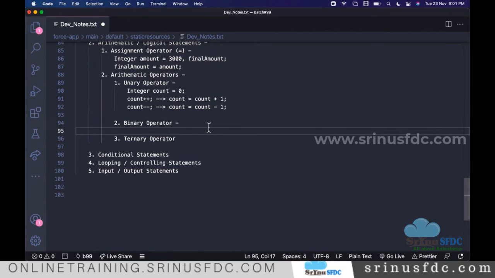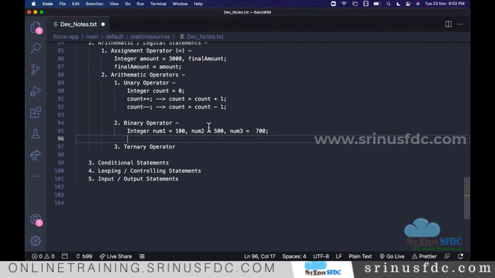The next one is binary operator. Binary operator means, let's say here we have integer number 1, we have maybe 100, number 2, we have 500, and number 3, we have 700, something like this. Maybe I also have a result, one of the variable.